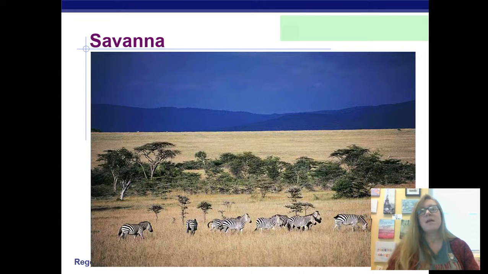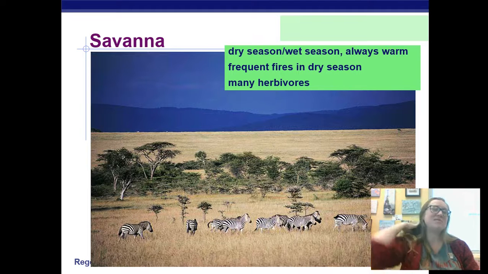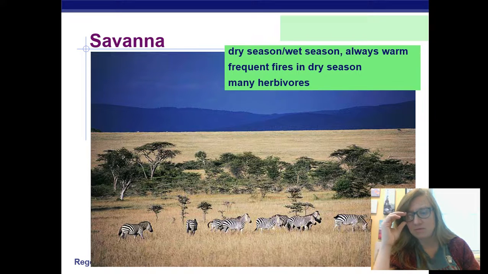So yes, it is important that it's being destroyed and that we actively work to stop that, because that's kind of bad. What about the savanna? That's like a grassland. When we say savanna, we're talking about a warmer grassland, but we have grasslands around here, like right in the middle of our country in Kansas is a huge grassland. But a savanna, they'll have a dry and wet season. It's always warm, and the dry season, it's got frequent